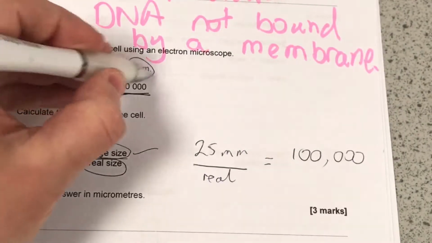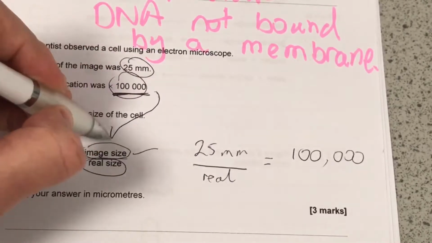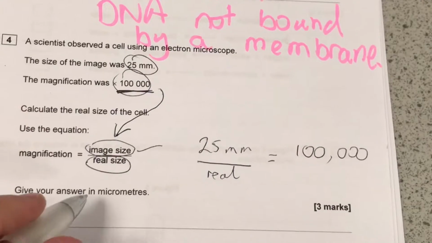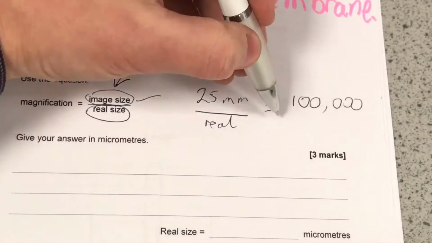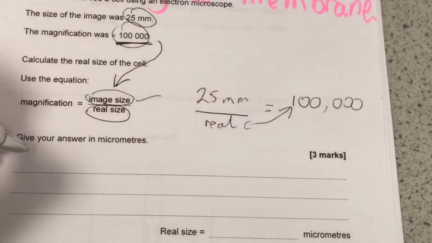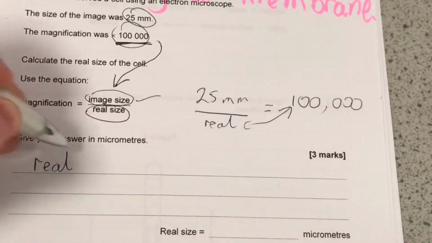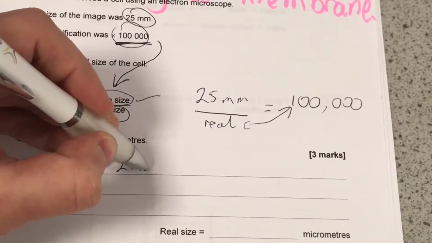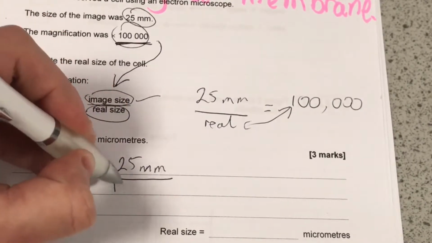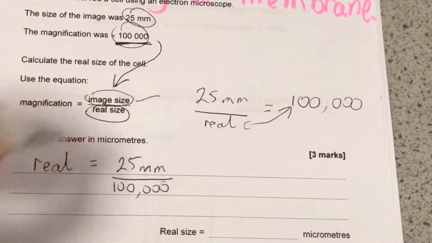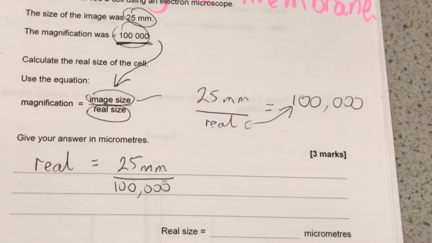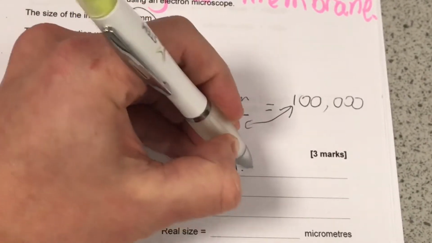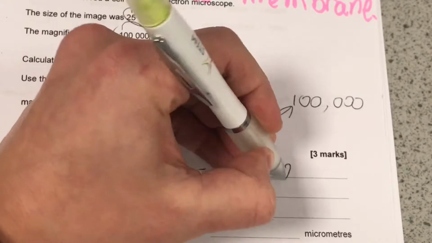So we've taken the numbers from the question and we've put them into the equation there. And it's just a case of cross multiplying that correctly. So essentially these two are going to swap over. So the real size will be 25 millimeters over 100,000. Now if we put that into a calculator, we get 0.00025